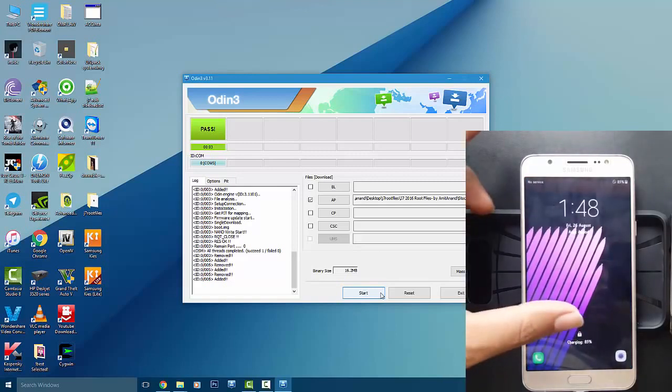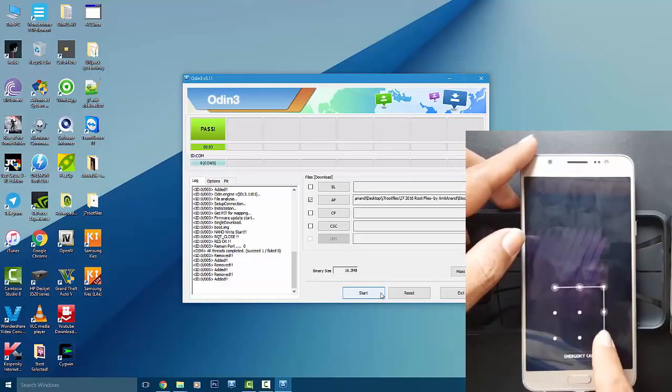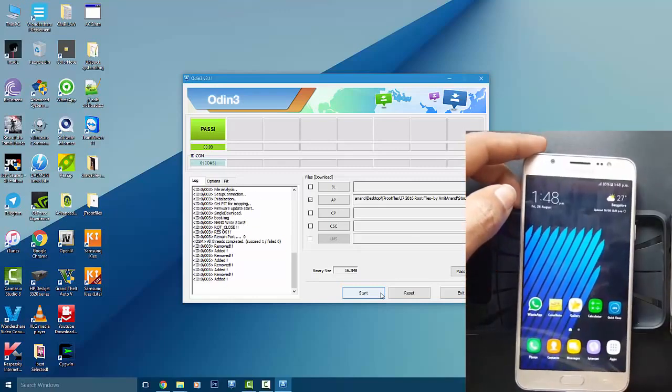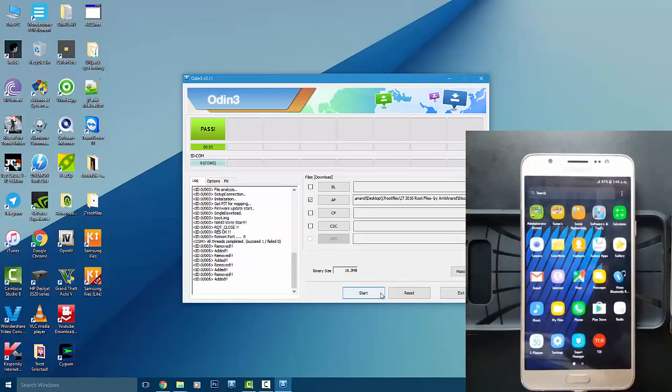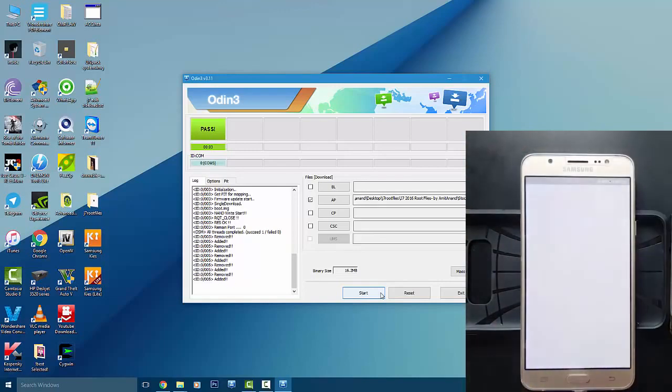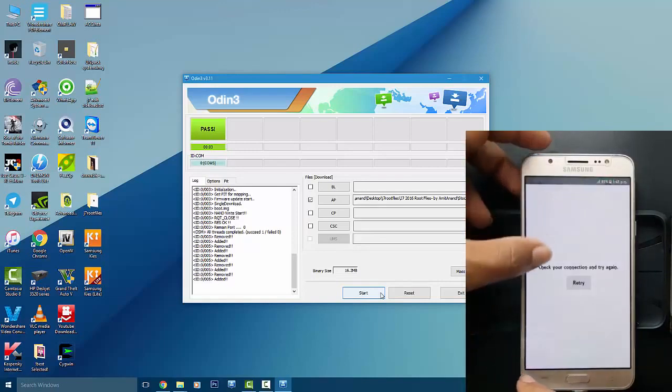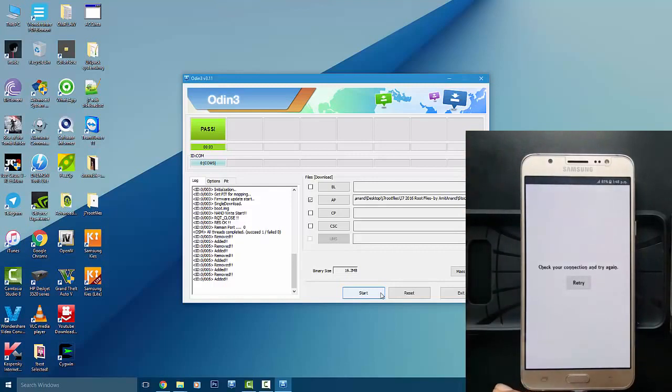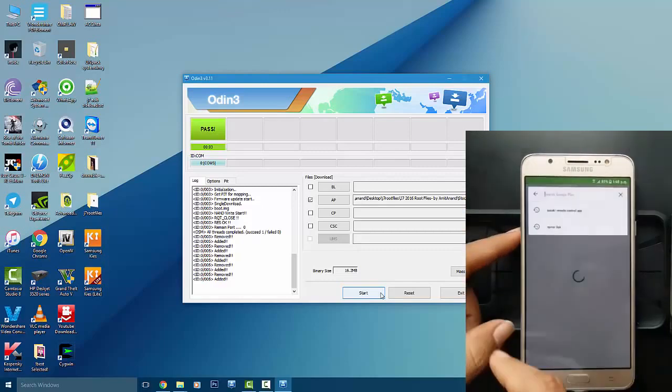So once this is done, unlock your device. After unlocking your device, go to the Play Store. Let me enable my Wi-Fi. Okay, retry. Now,